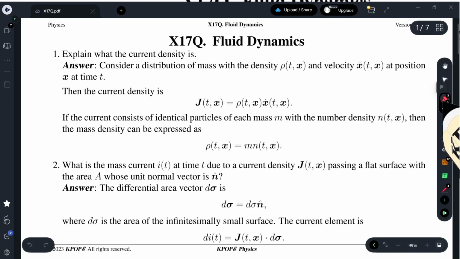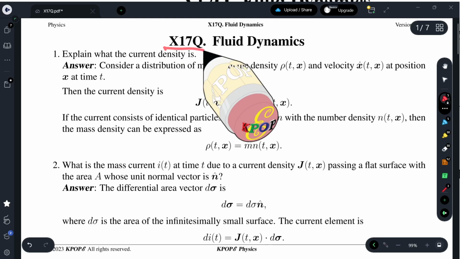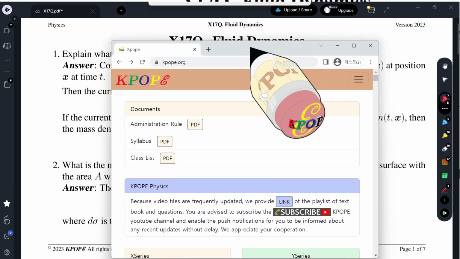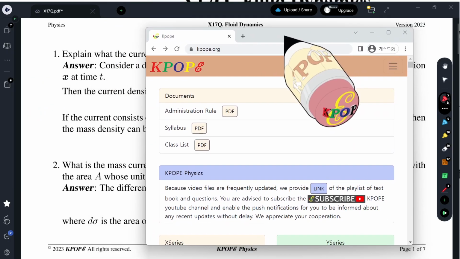We study X17Q. You can download the PDF file of this lecture note from